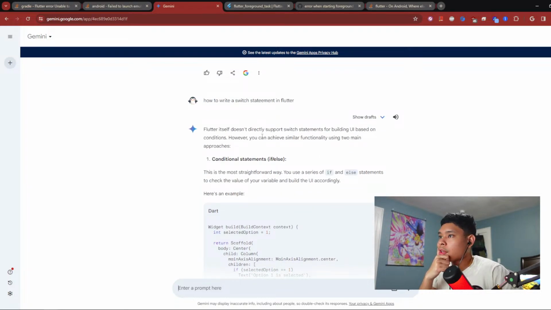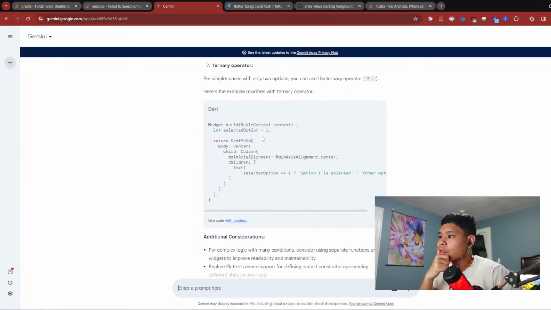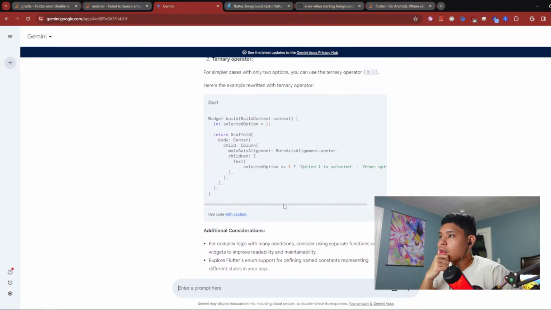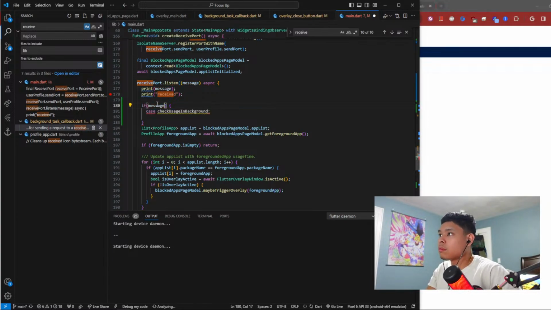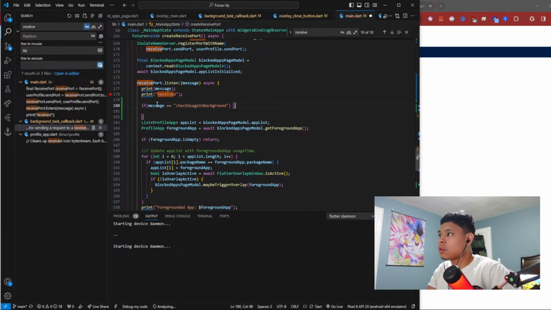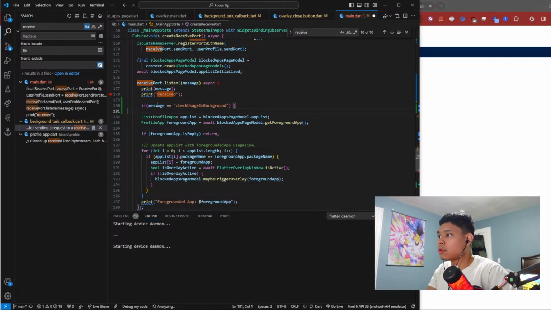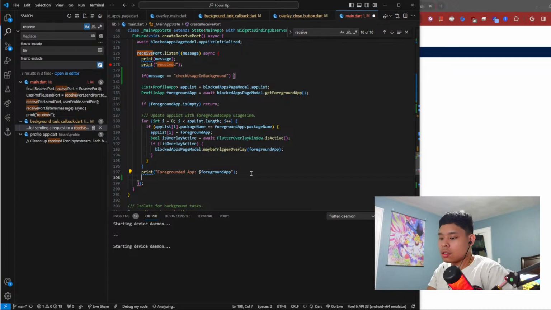Is there no switch statement? Oh, it doesn't. Dang. Okay, so it's just a bunch of if-else statements then. So if message is equal to this, we do all of that, and we say